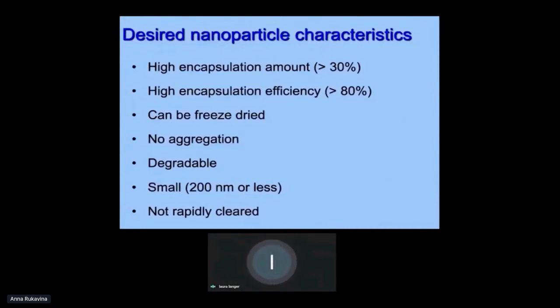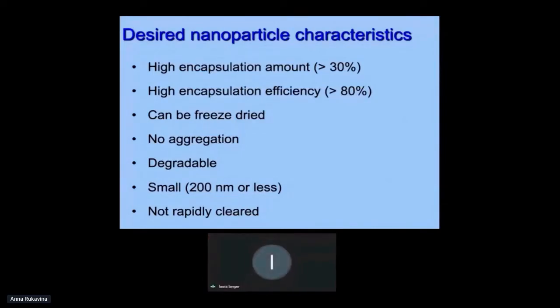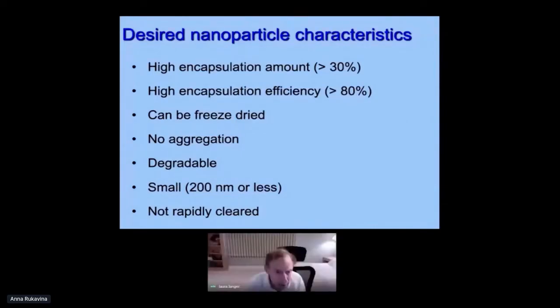In the second, you just don't want to lose a lot when you're doing the encapsulation. Ideally, it'd be great if they could be freeze-dried and that they don't aggregate, that they do degrade, that they're small so that they could be taken up by a cell, and that they're not rapidly cleared by, say, the liver or macrophages. So what we did, next slide,